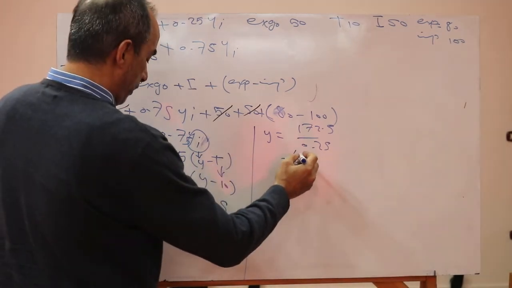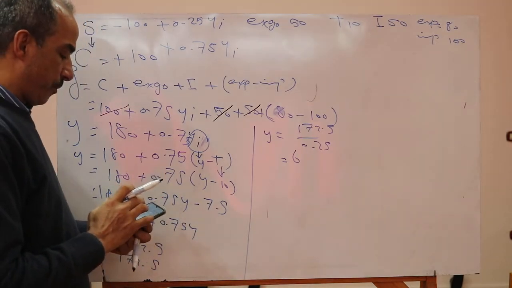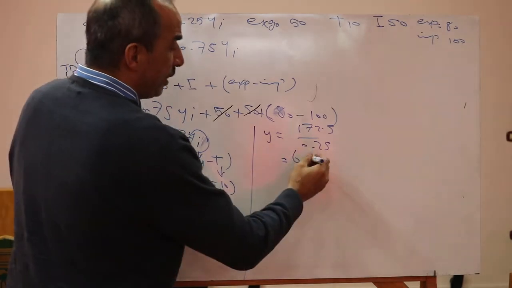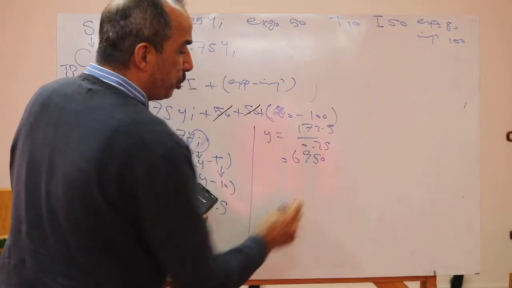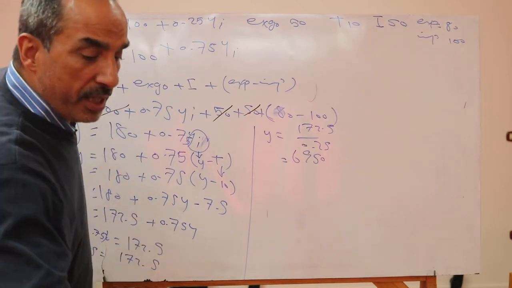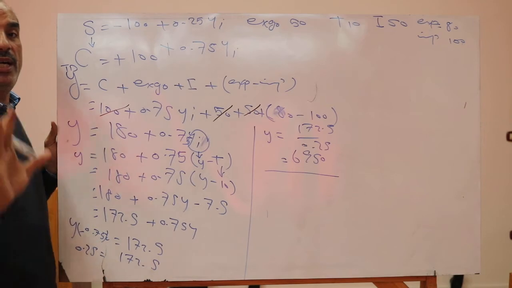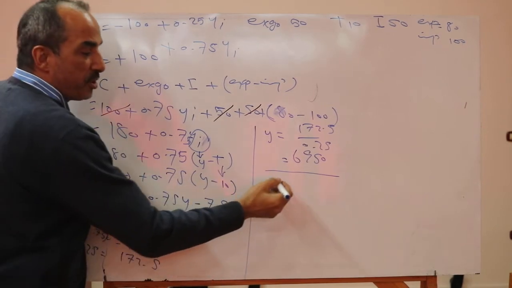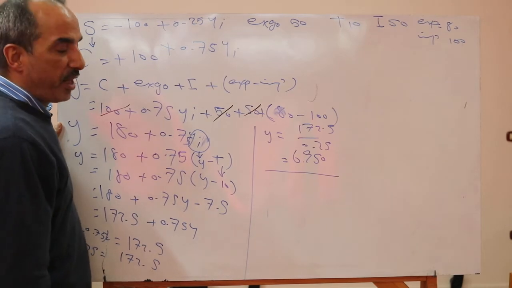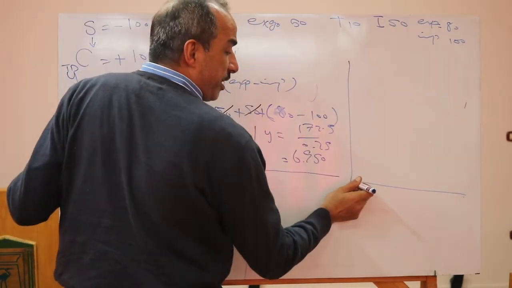6. This meaning equal 6. Meaning equal 6,952. Okay? The equilibrium national income, meaning, now we talk about the equilibrium national income equal this 6,752. What is this equilibrium national income in